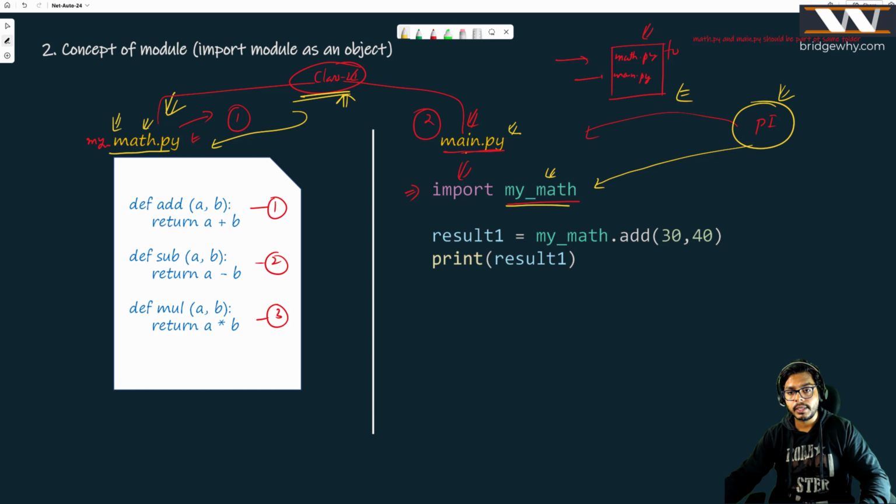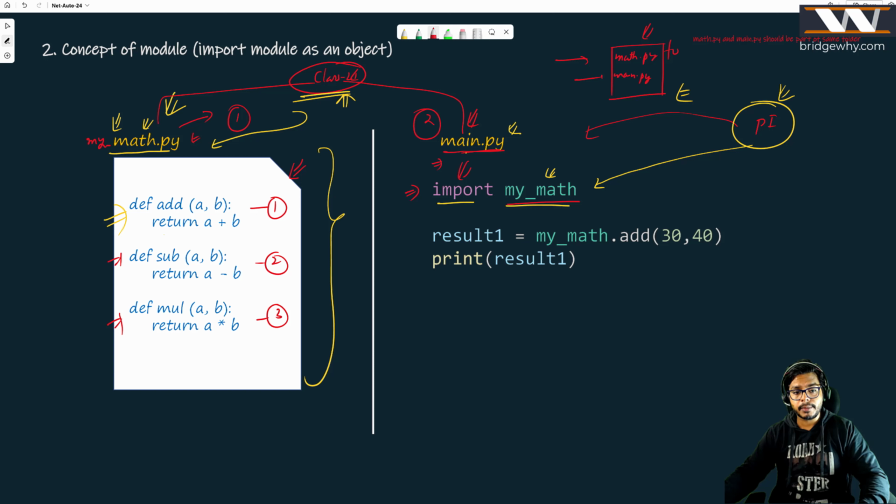When I do the import, it literally says that this file is now part of my program, and whatever is inside this file,